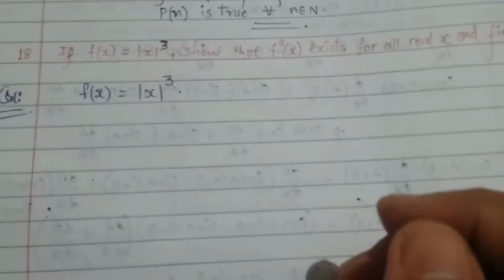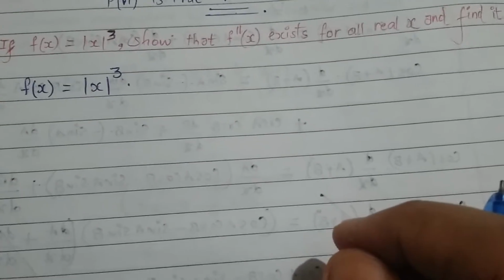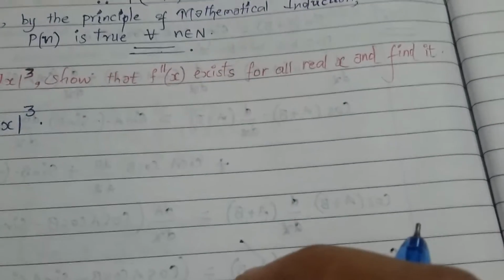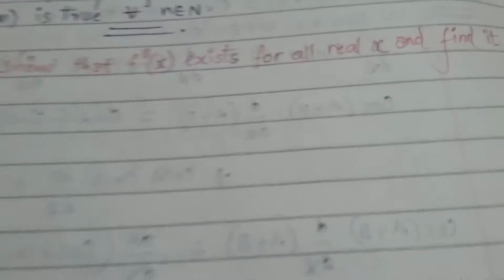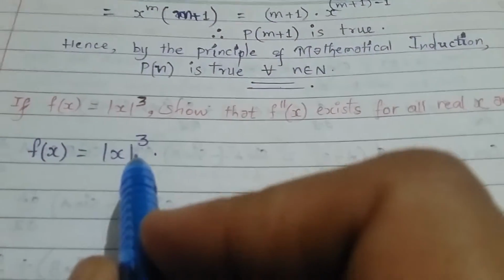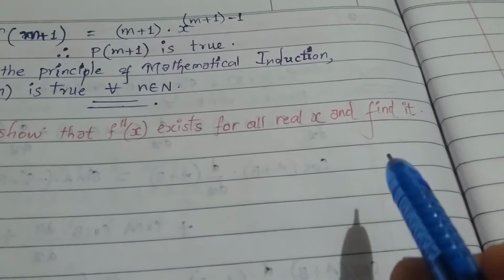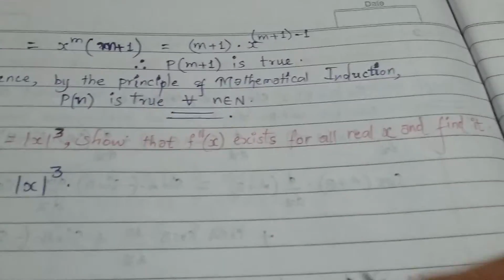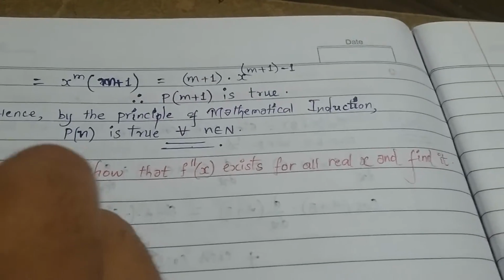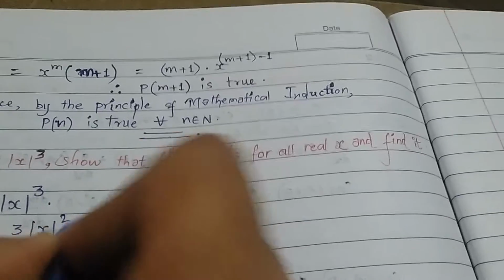Let us see one more problem of this series. Here, 18th question. F of x equal to mod x whole cube. Show that f double dash x exists for all real values of x and find it. F of x is mod x whole cube here. Show that f double dash of x exists for all real x and we have to find f double dash x. So first of all, f dash x can be found like this: 3 into mod x whole square into d by dx